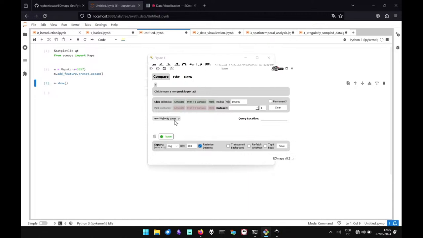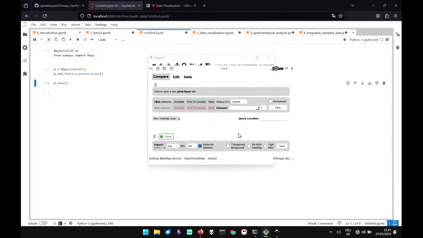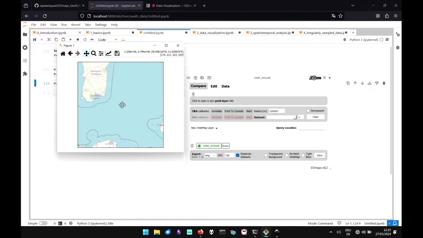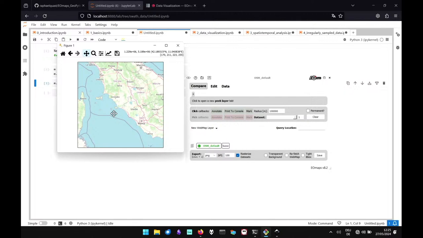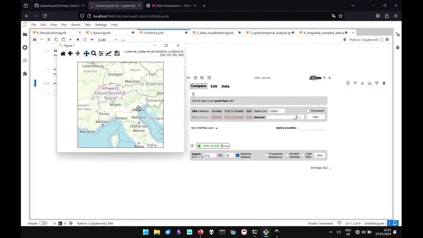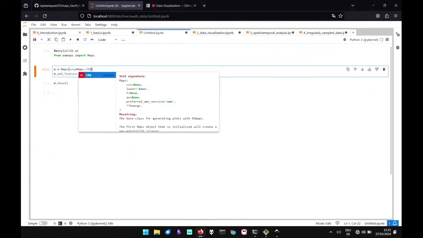Then the web maps are going to be blazing fast. So we can create ourselves some default OpenStreetMap layer, switch to this, and now this is going to be as fast as any other web map that you have, because now it doesn't need to reproject the web map. Otherwise it needs to, so you can use funky